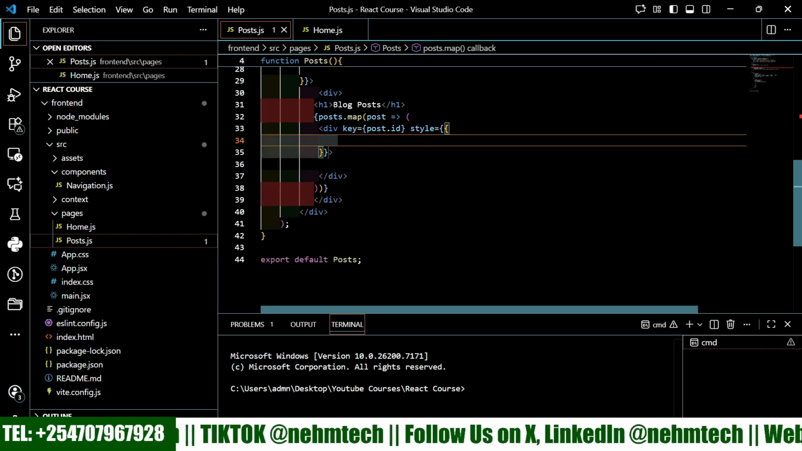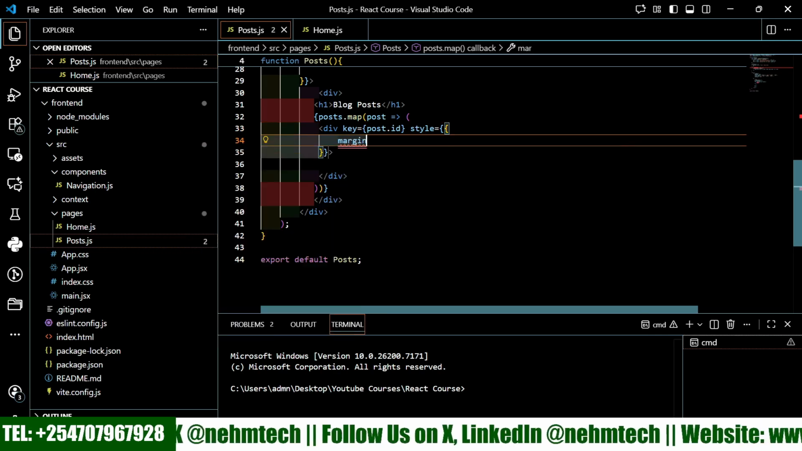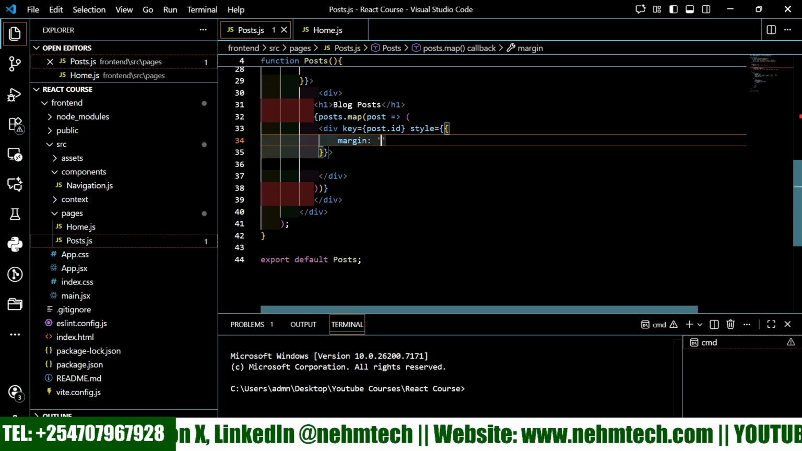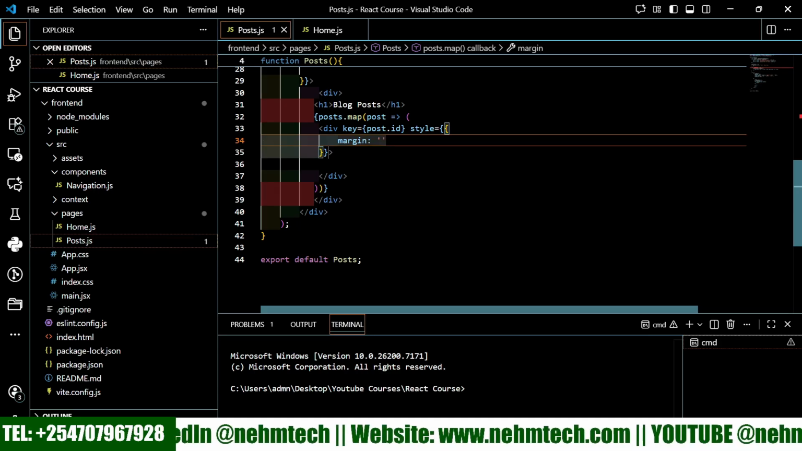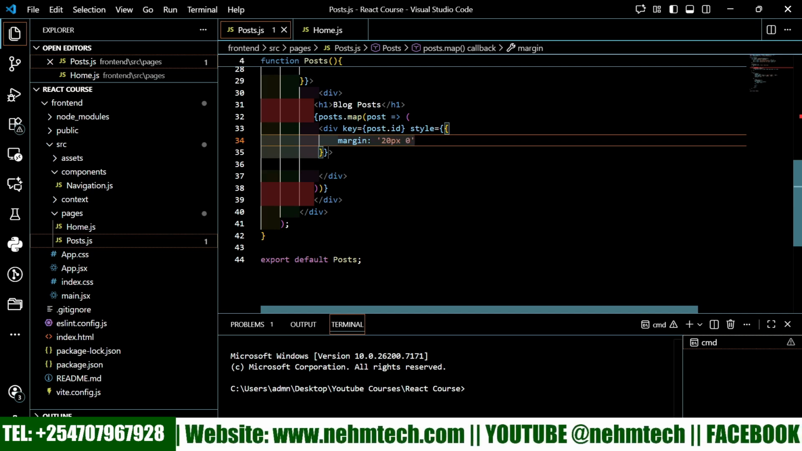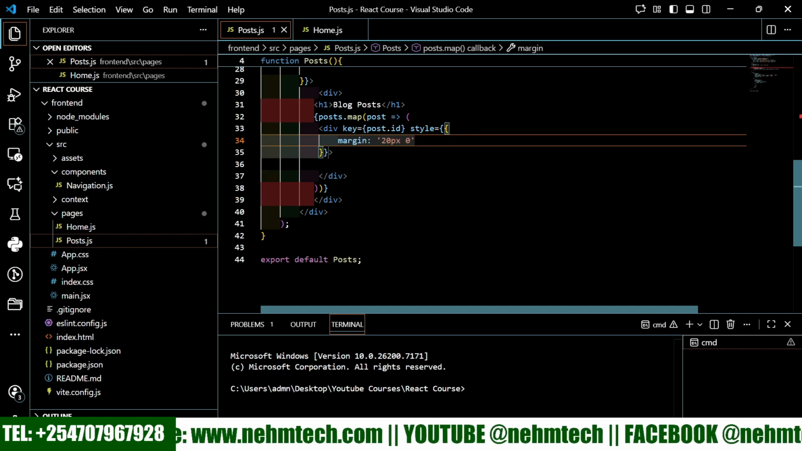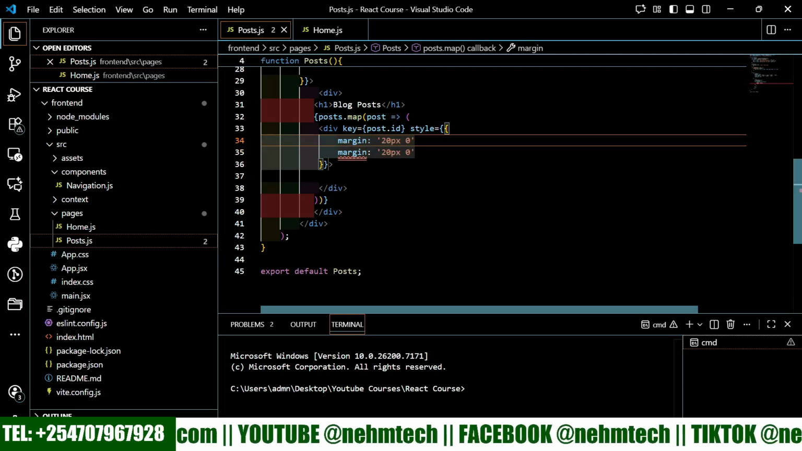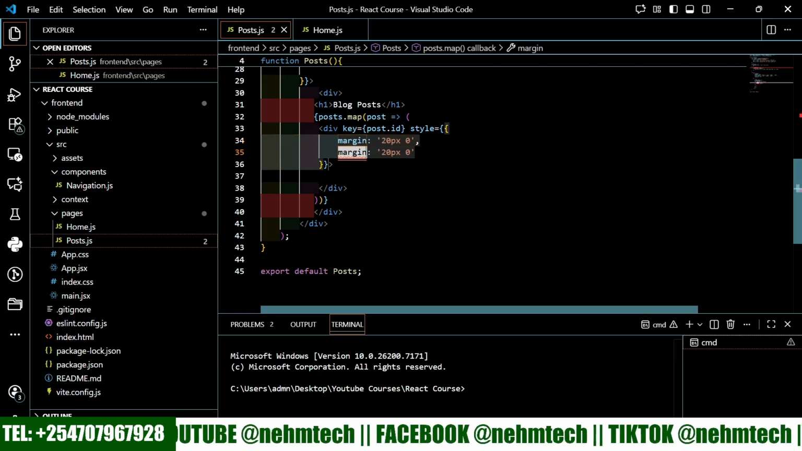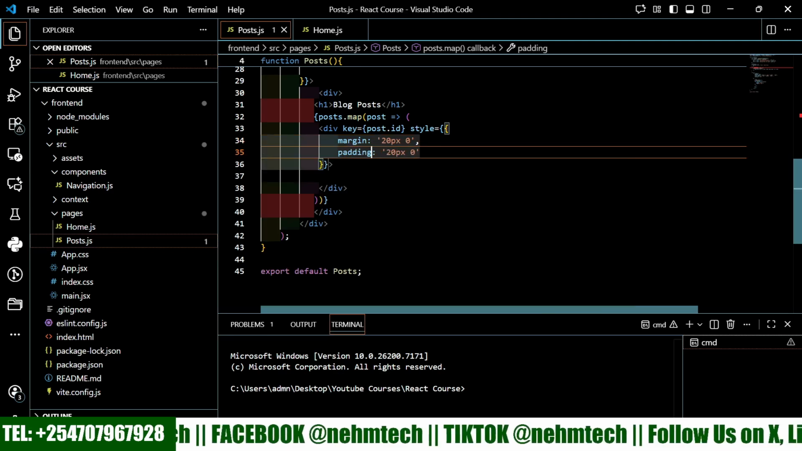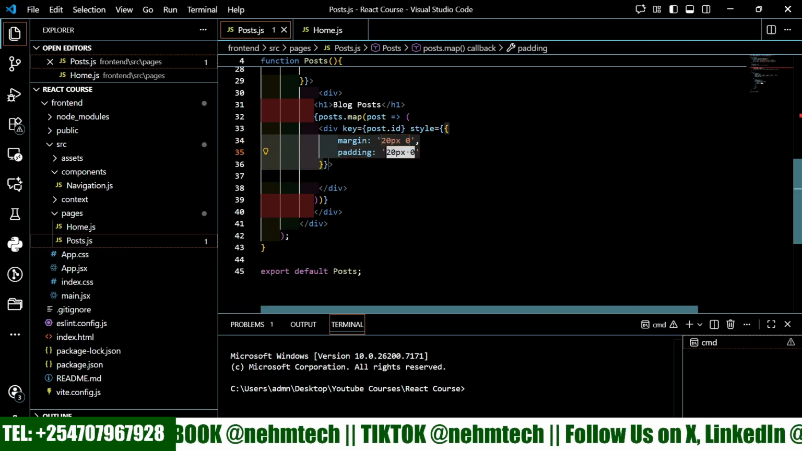Then margin, you can give it some top and bottom, maybe 20 pixel to separate individual articles from the other. So let's say 20 pixel top and bottom, but left and right you can just maintain 0. Also we can have some padding on the inside, so let me have padding, separating these with the comma. For the padding, I can just use 15 pixel perhaps. Let's have 15